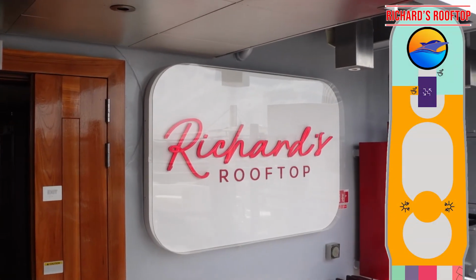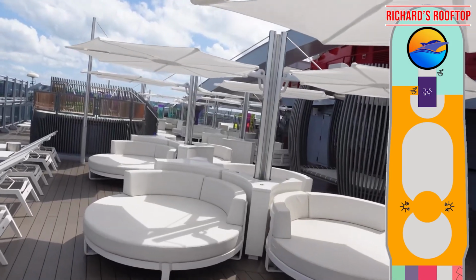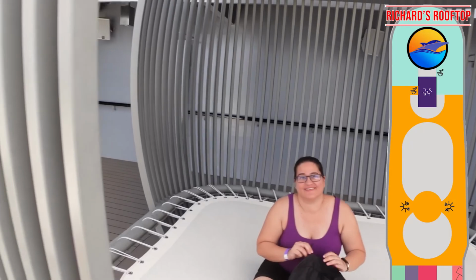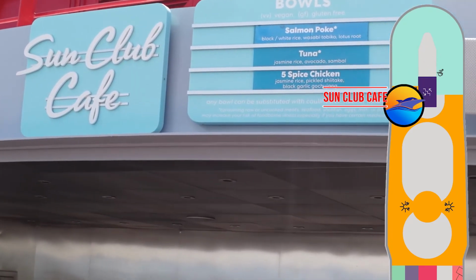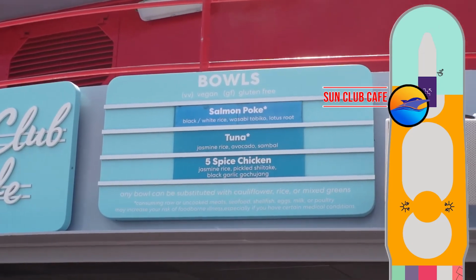On Deck 16, you'll find Richard's Rooftop. This is the VIP access for all those with the Rockstar Suite. They also serve champagne there. I think it's from 5 to 7, so you might want to go there if you are a rock star. Right outside Richard's Rooftop is the Sun Club Cafe. This is where you can get some poke bowls, as well as